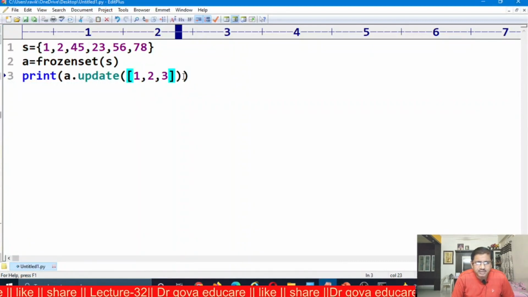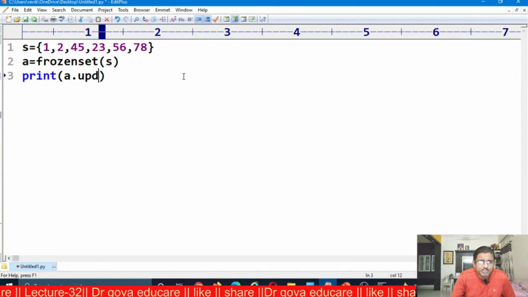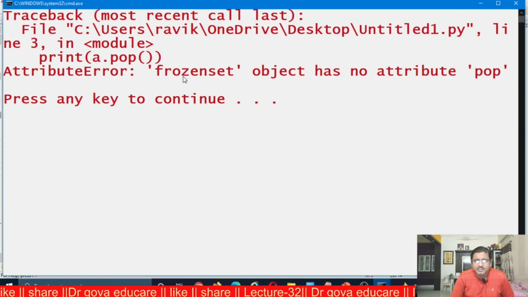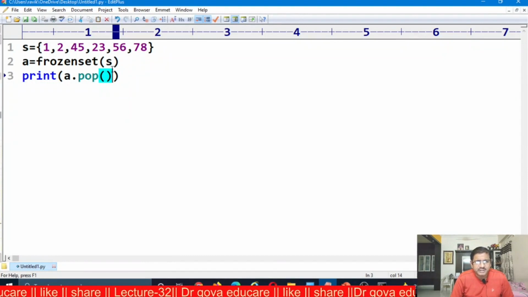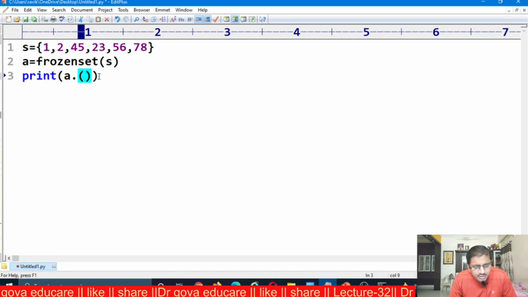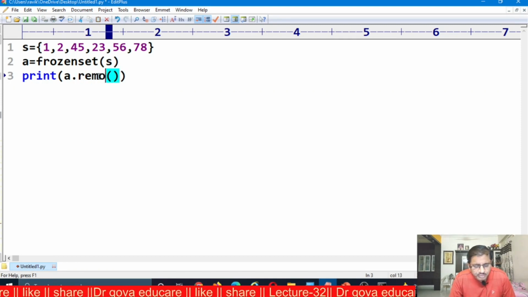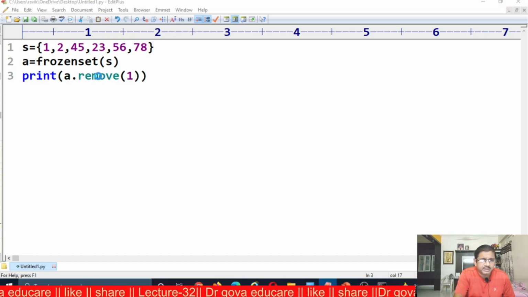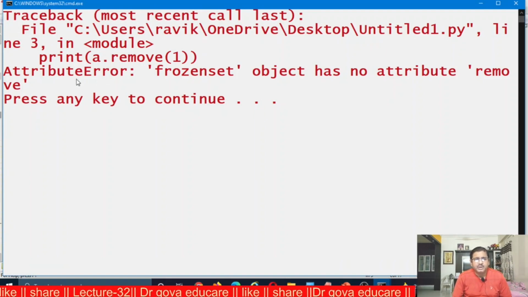We cannot use the pop method. We get an error: object has no attribute pop, because frozenset is an immutable object. We cannot change the object. We cannot use the remove method also. Remove method is no attribute.